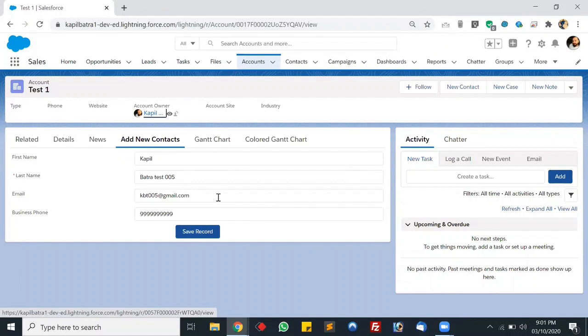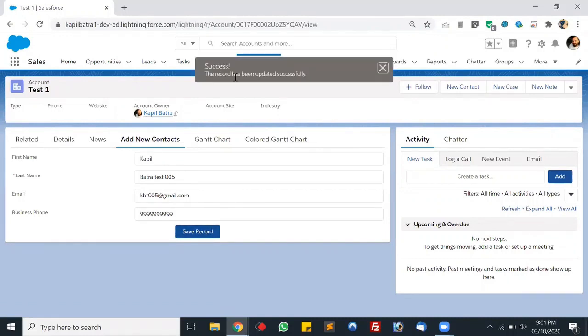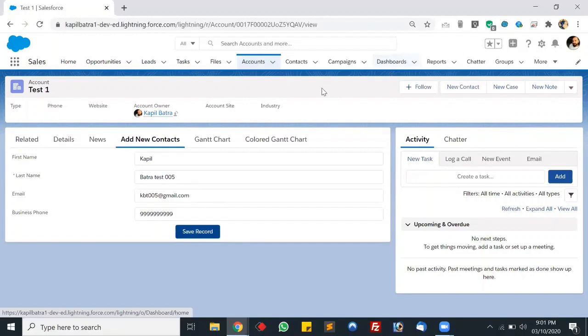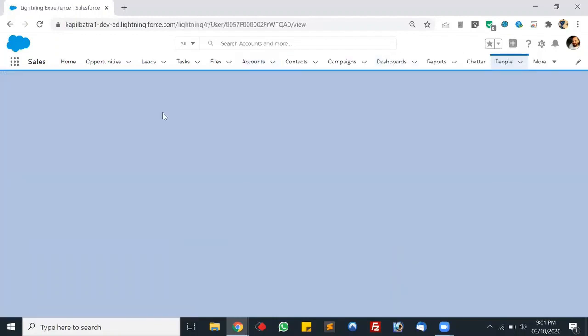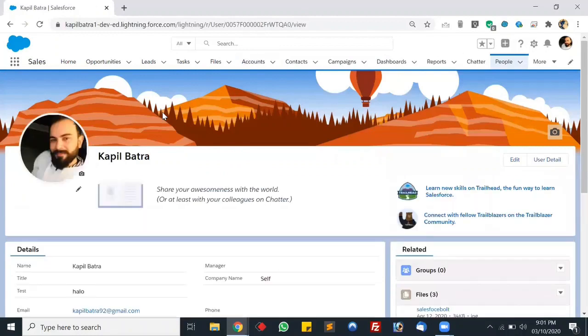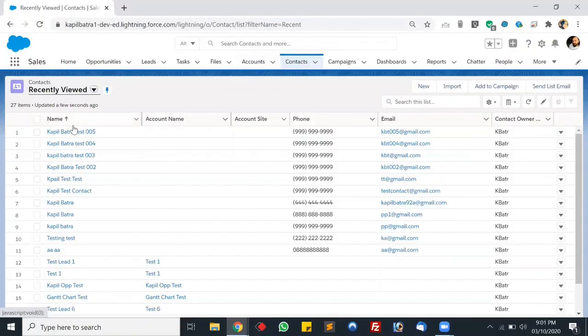So guys, let's say my editing is finished and I have clicked on the save button. As you can see, the toast pop-up is here. The on success is working absolutely fine. And now let's try to click on any other link one more time. Alright, guys, this time it is allowing us to click on any other link. Now let's check the contact in the contact tab. So this was our contact, guys.